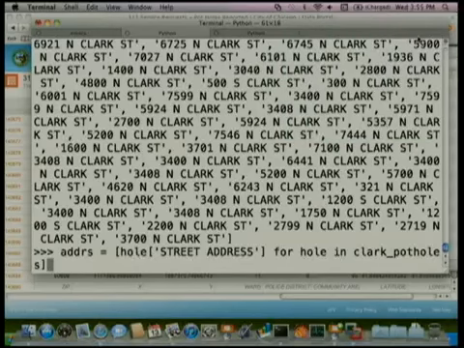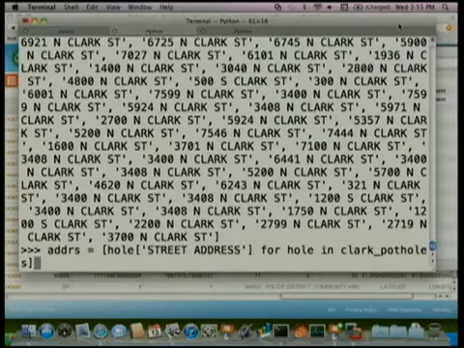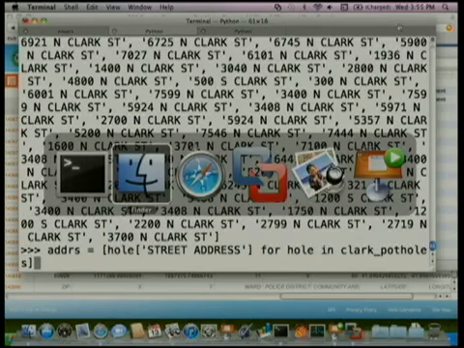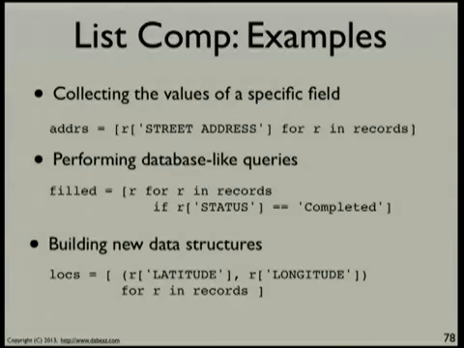You'll get a chance to play with this in a second, but essentially it's just going through and saying, okay, collect all the street addresses off those pothole records. It might take a bit of time to fully appreciate that, but it's